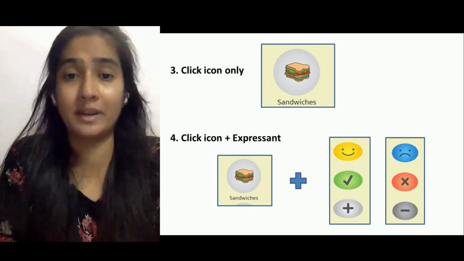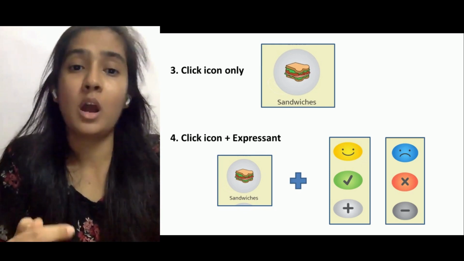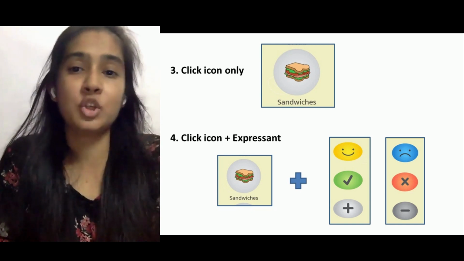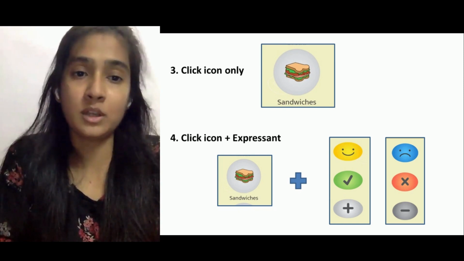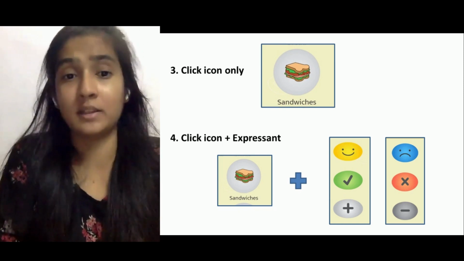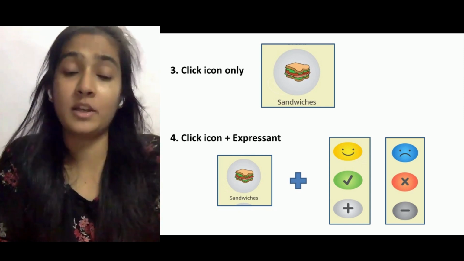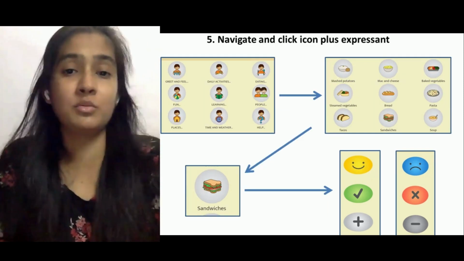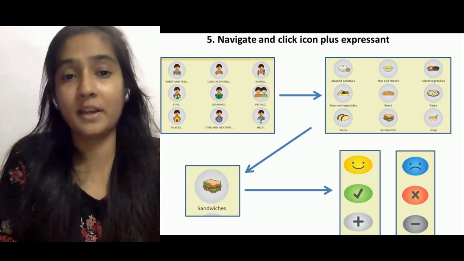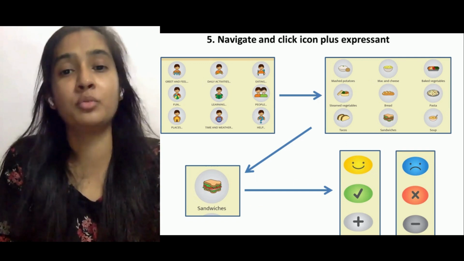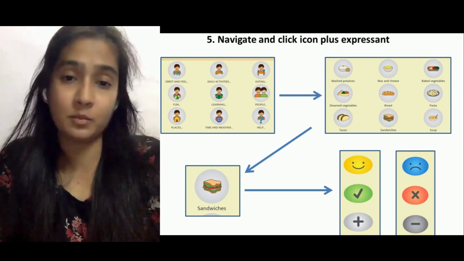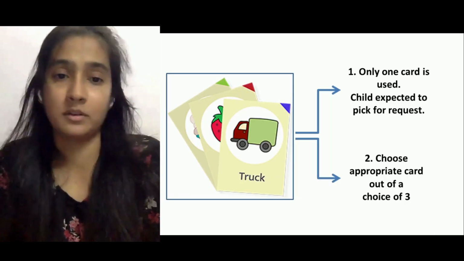In the third step, we directly went to the app. I navigated through the levels and the child had to click on the particular item which he wanted. The fourth step included formulating sentences. So the child had to click on the icon as well as use the expressions. And finally, the child had to use the app, navigate through the icons, click on the item which he wanted, and use the expressions. I used Jellow for nearly 6 months,